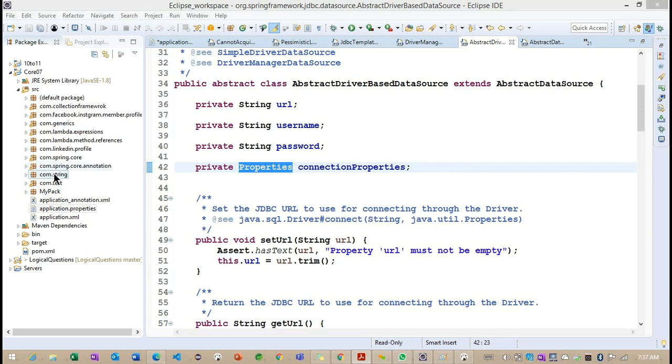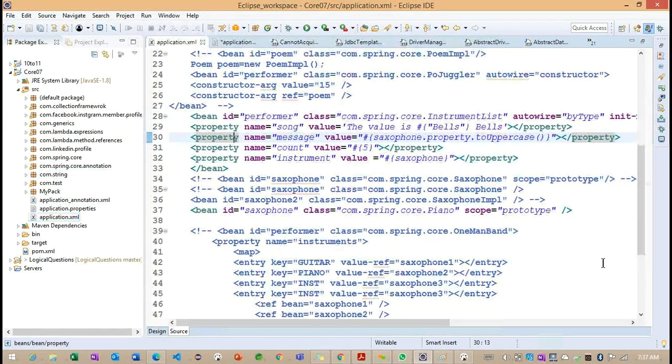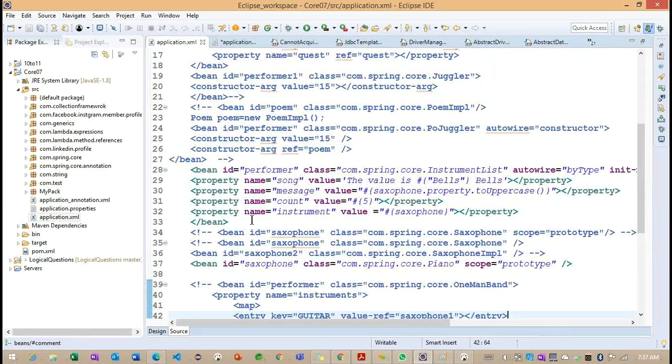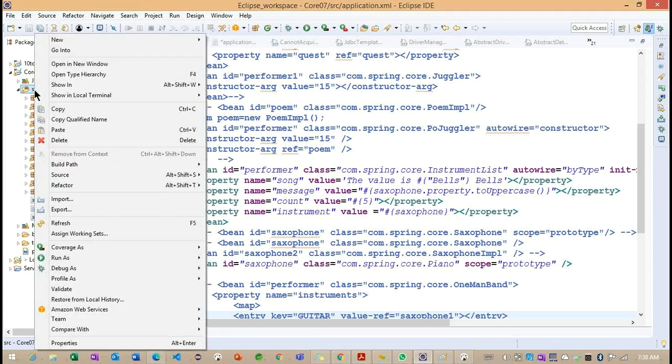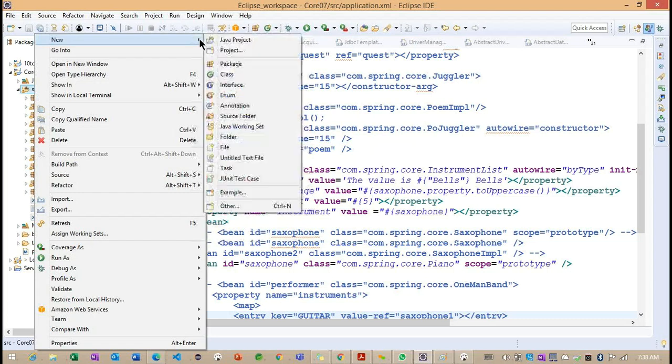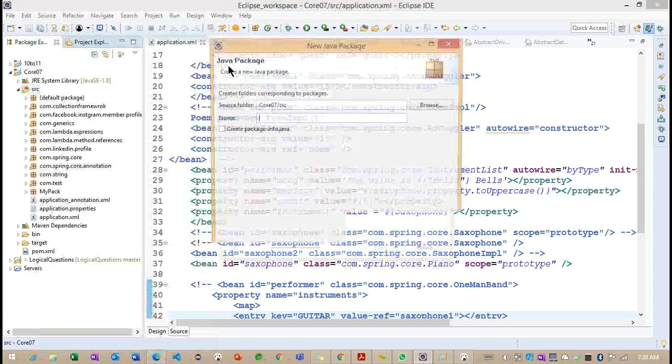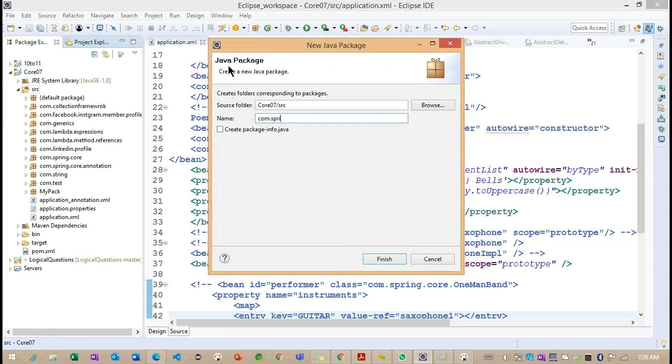So to work on this configuration, what are the steps we need to write here? Instead of working in this particular class, what we can do is create one more package, because we are moving into a different module here. To understand the concepts we discuss in each module, we are going to create a package for each.